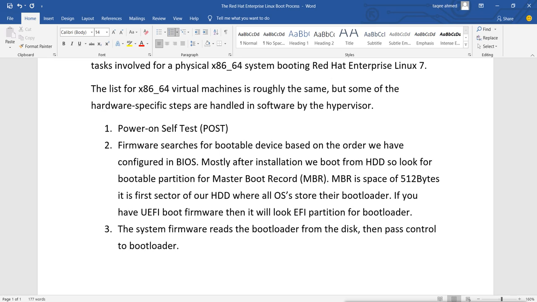Now here, if you have a Windows system, you will see the Windows bootloader. If you have a Linux system, then you will see the Linux bootloader. Windows is a proprietary operating system. You cannot see the bootloader, you cannot manage it. It is all intact. But in Linux, we can see the bootloader, and we can edit the behavior of the bootloader also.